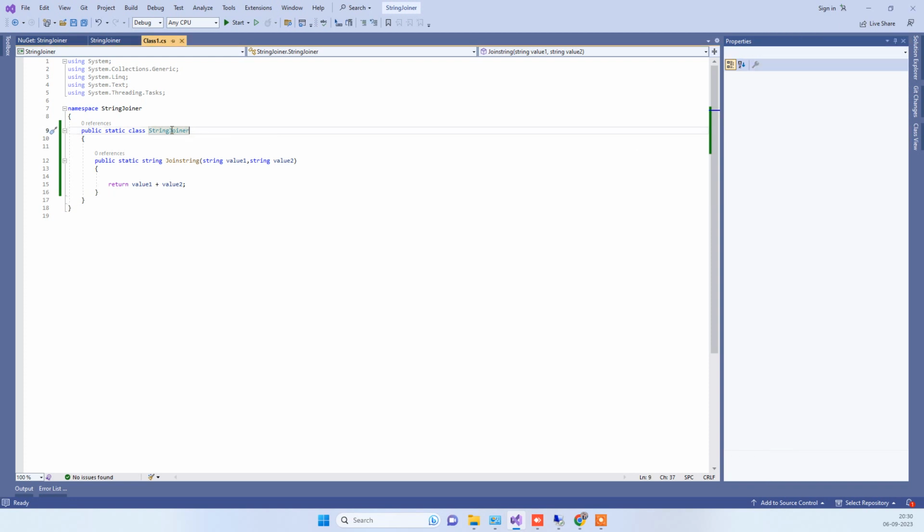So we have this class library project and here we have this class file, and for just demo purposes I have added this class here and one dummy method here for joining the string. So here must be your code, whatever you want to create a package for. Now once you have done that, you just have to rebuild the solution,